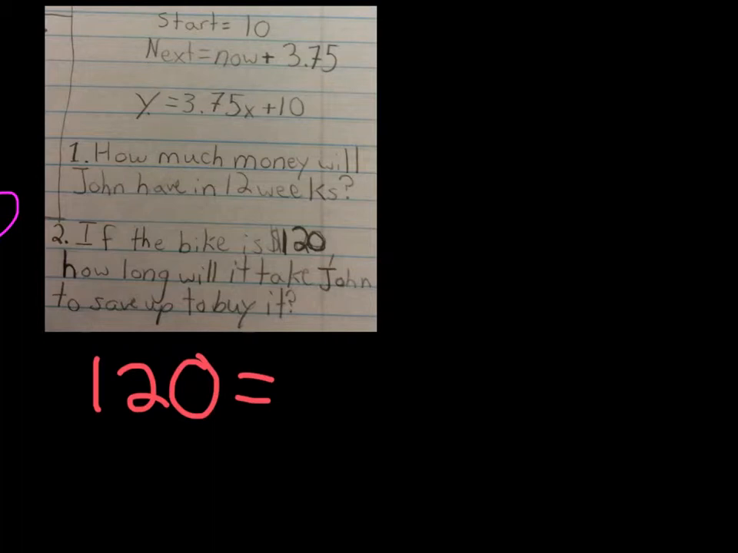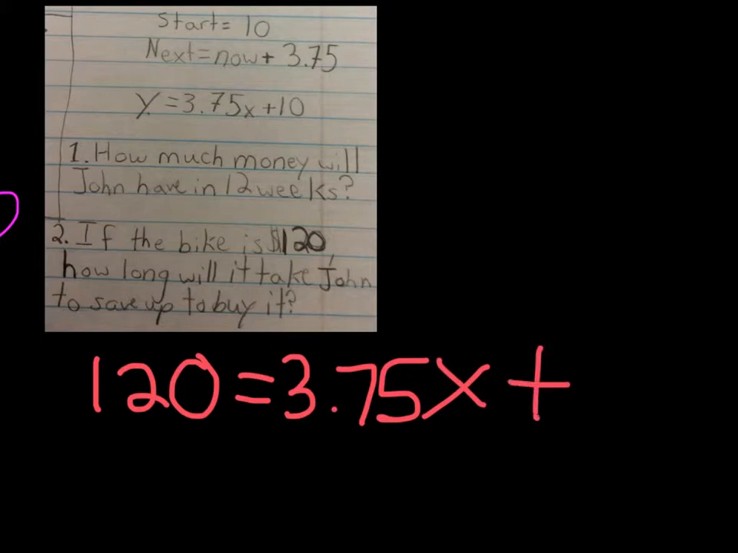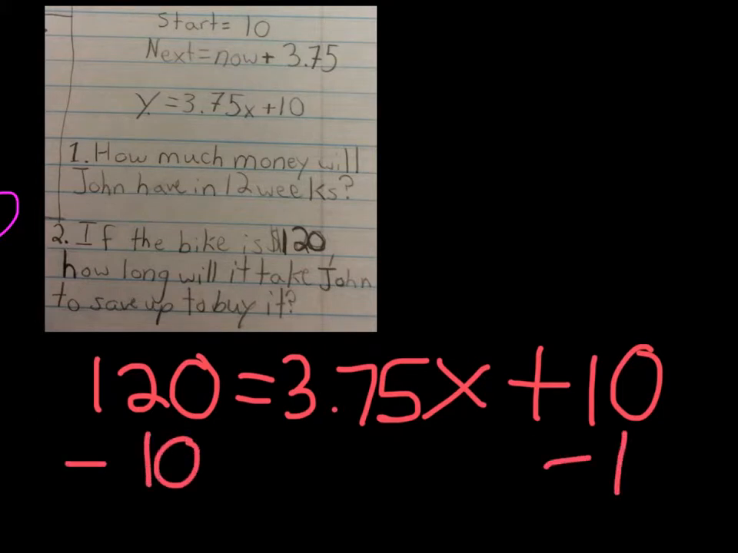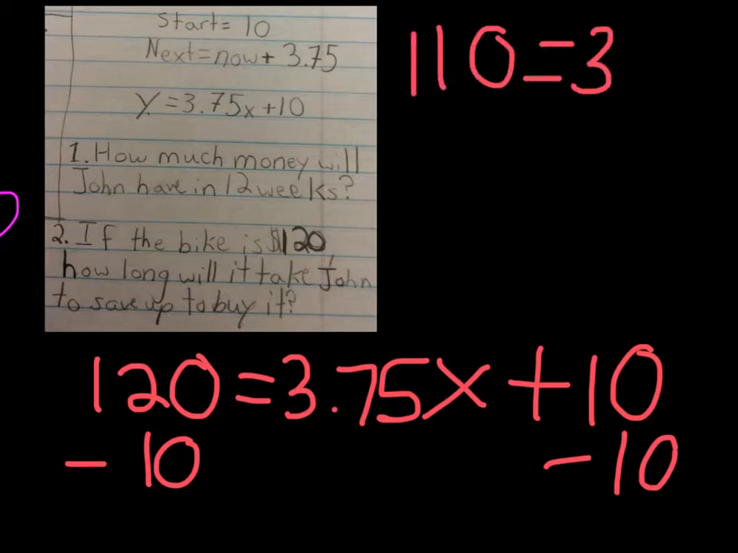So now we have 120 equals 3.75x plus 10. 120 is the amount that the bike costs. We're going to subtract 10 from each side to get 110 equals 3.75x. Then we're going to divide each side by 3.75